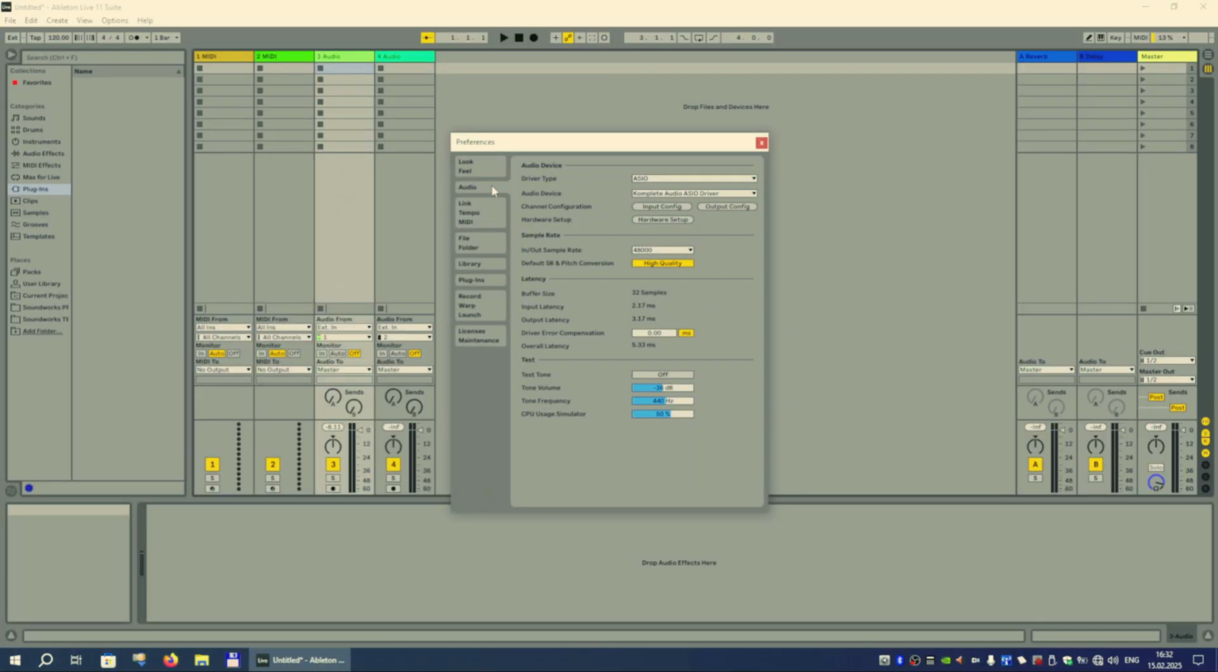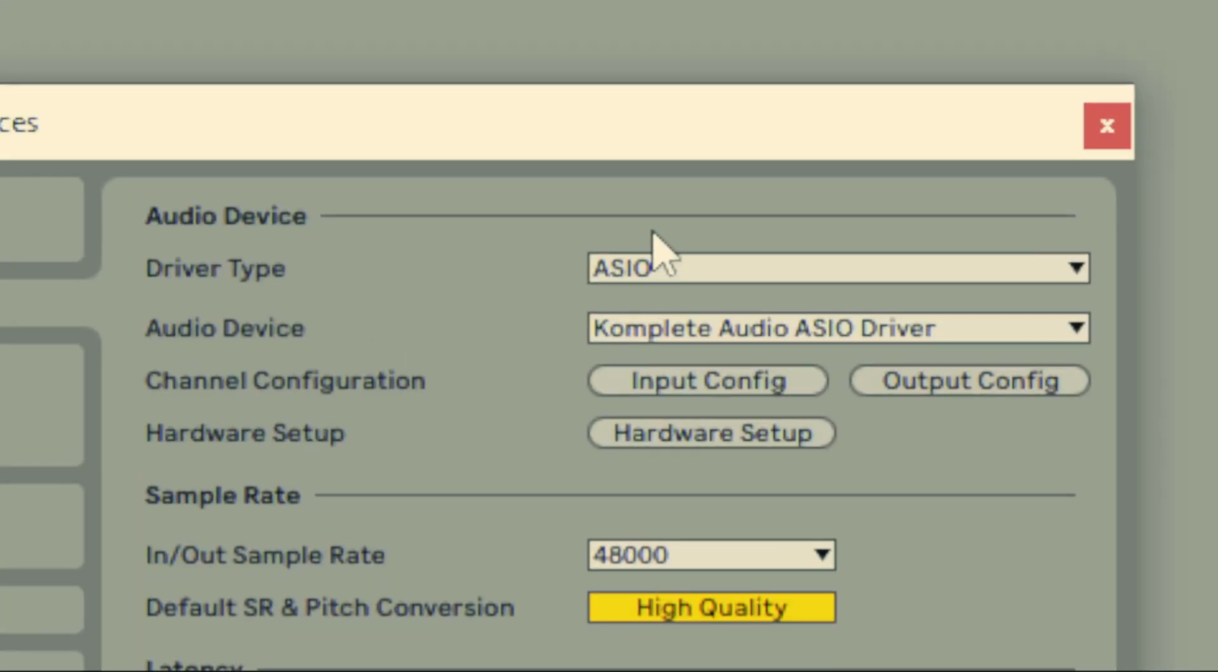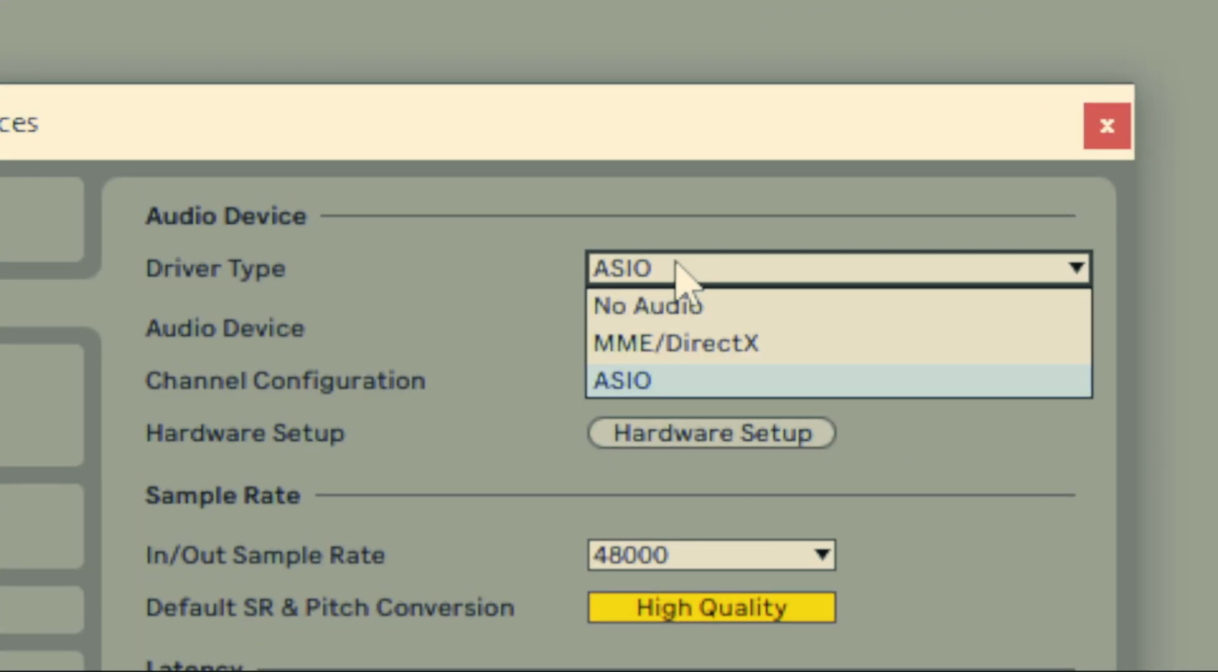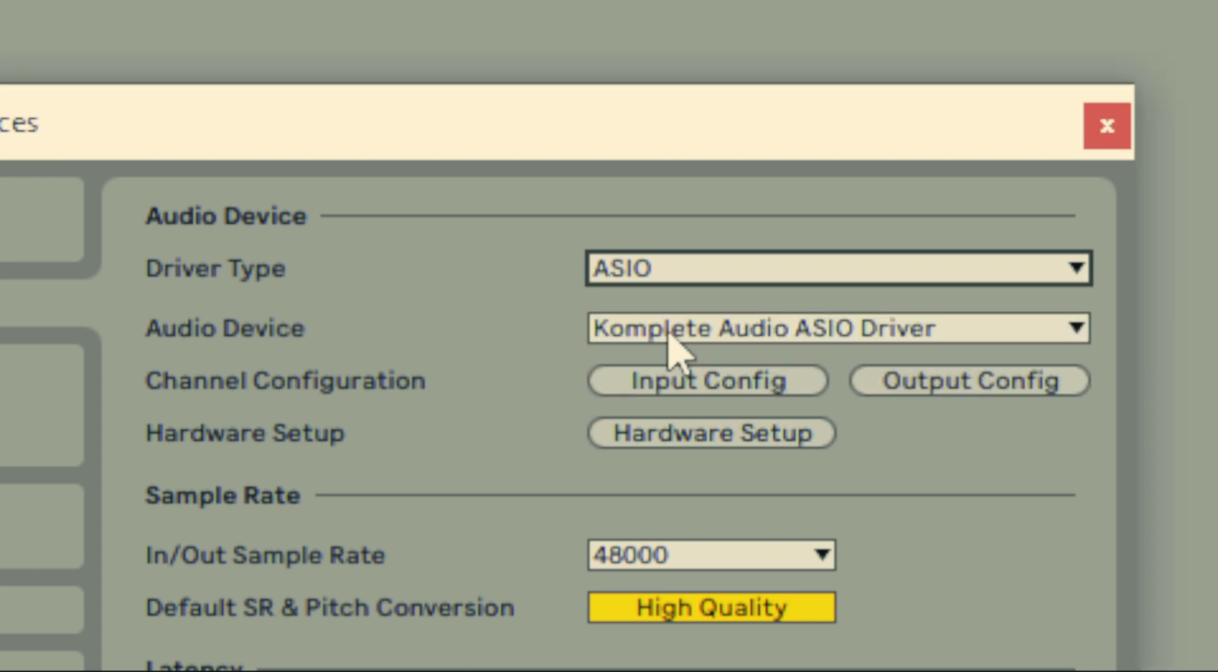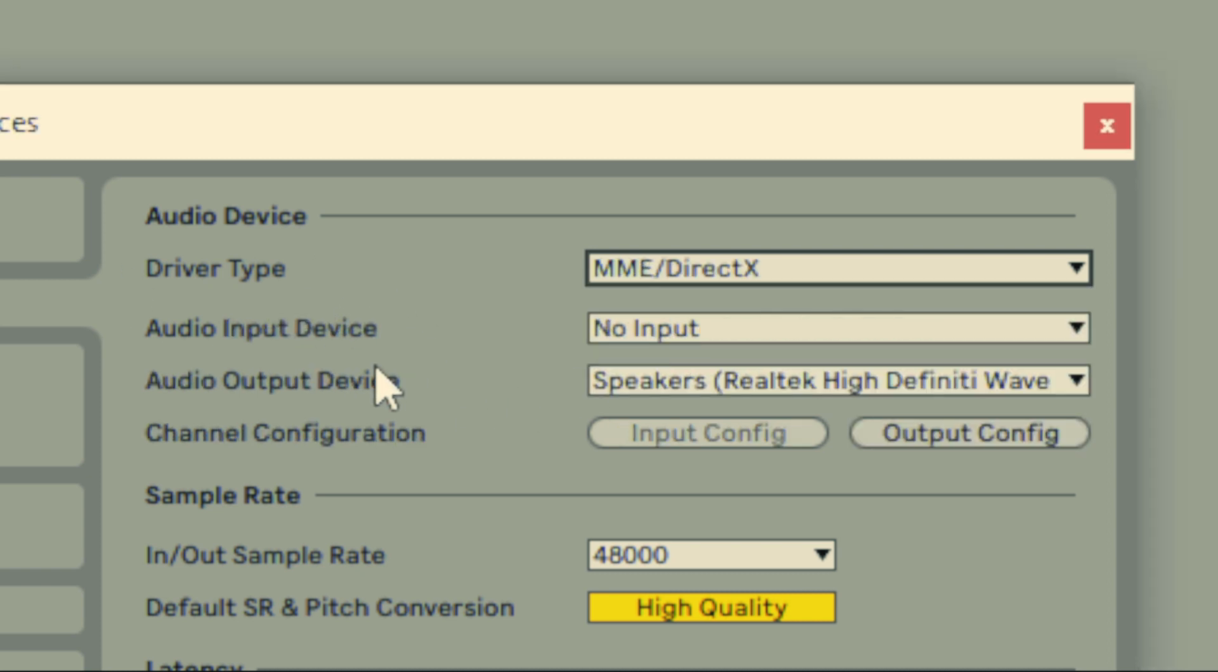Audio is a very important section because this is where all the audio settings are stored. In Audio Devices subsection, you can select the driver type, which will define the list of audio devices. And please note that for MME DirectX driver type you will have two separate lists: audio input devices and audio output devices. This is the only way how you can choose built-in speakers of your laptop as an output device